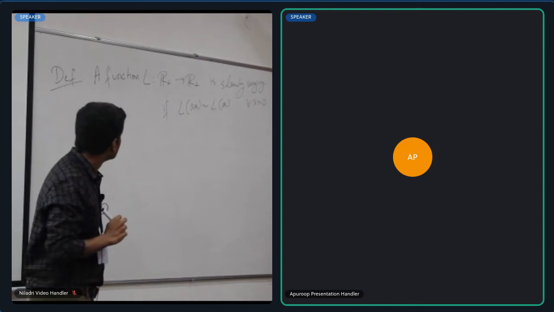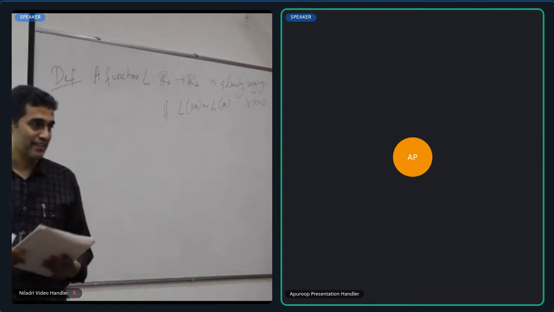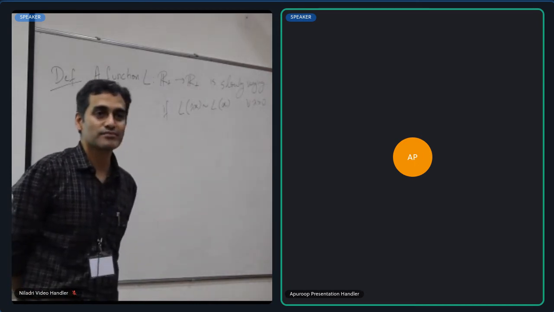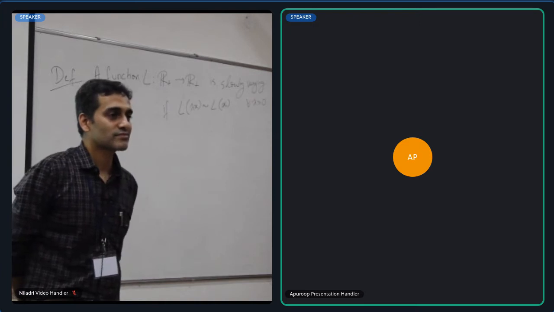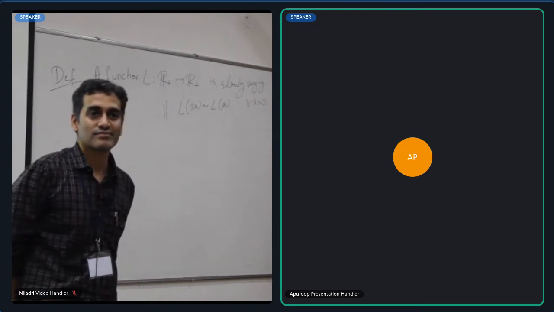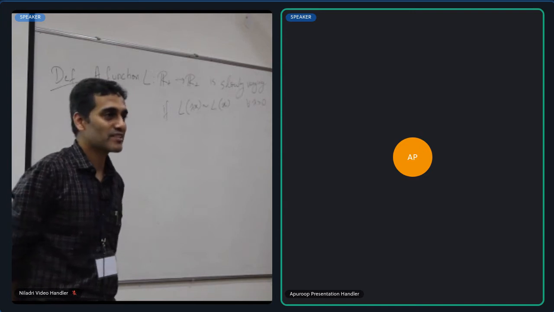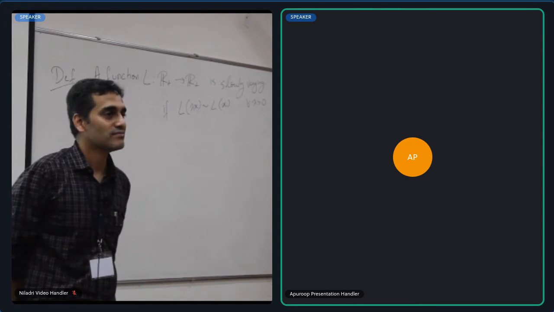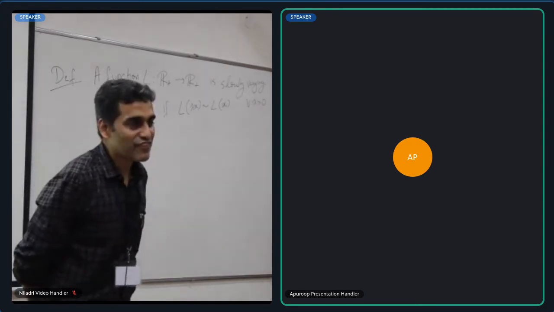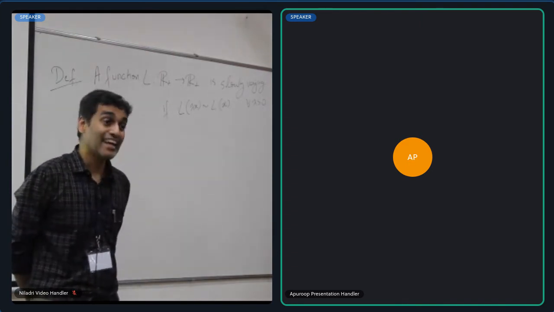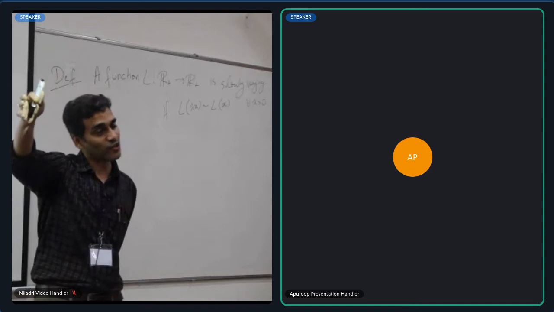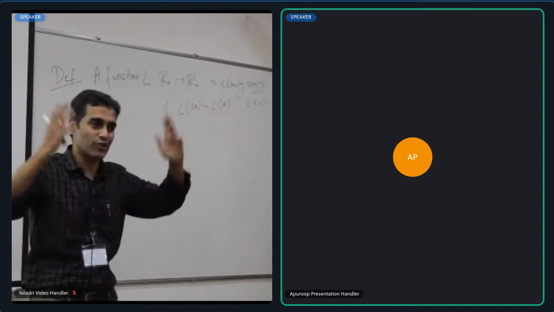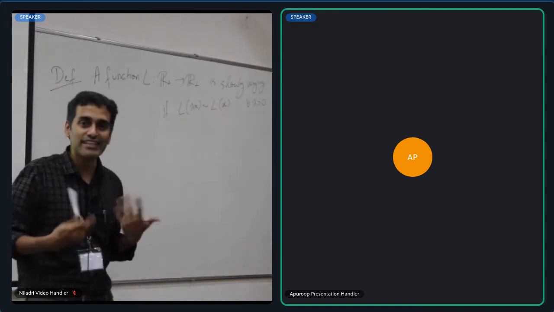Okay, a function that satisfies this property is said to be slowly varying, right? Can somebody give me examples of slowly varying functions? Some examples are trivial. Yes, any function that's a constant is obviously slowly varying. Any function that approaches a constant limit also is: if L as x tends to infinity converges to C, where C is any constant, obviously that would be slowly varying. Anything else?